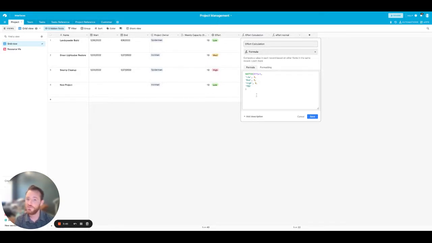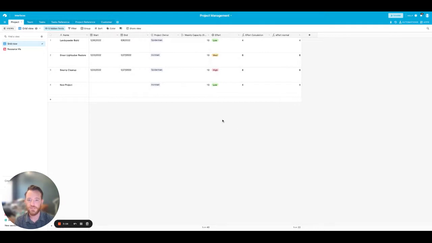So I've used a simple switch statement here to say, look at the effort dropdown. If it's low, give us a 4. If it's medium, give us a 6. If it's high, give us an 8. If nothing's there, just give us a TBD. Okay, so you'll see, let's make this a medium project. We get that 6,